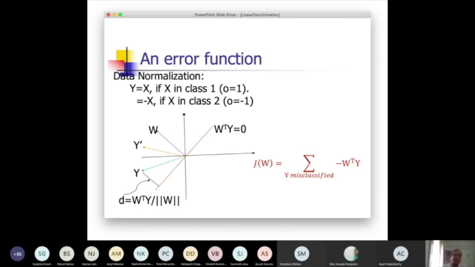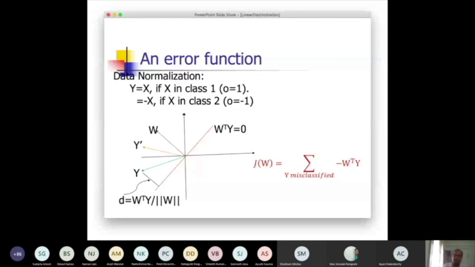And now, to make it uniform when we compute it, for the input of the class whose label is -1, we will simply invert the input. We'll make it -x. So in that case, for every computation with W, it should always be positive.